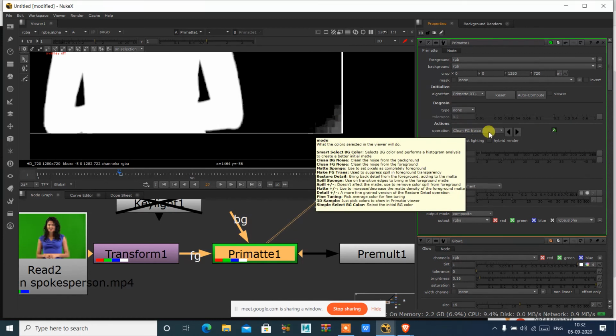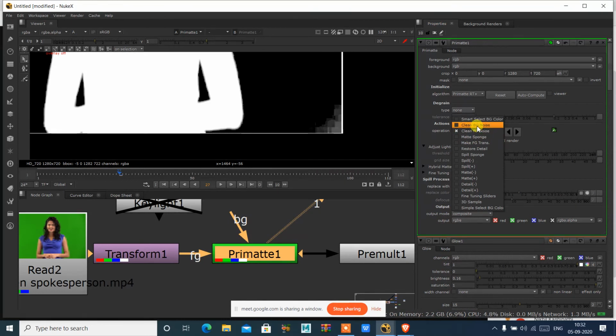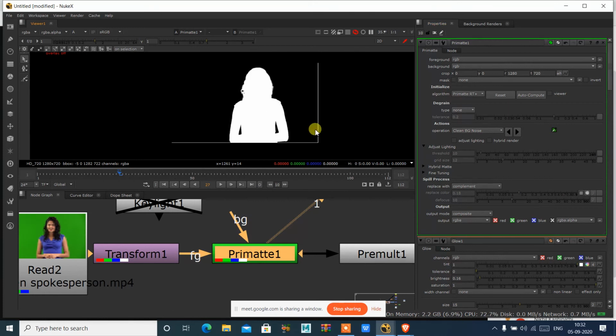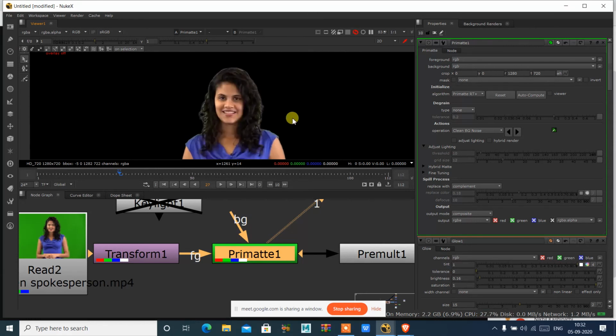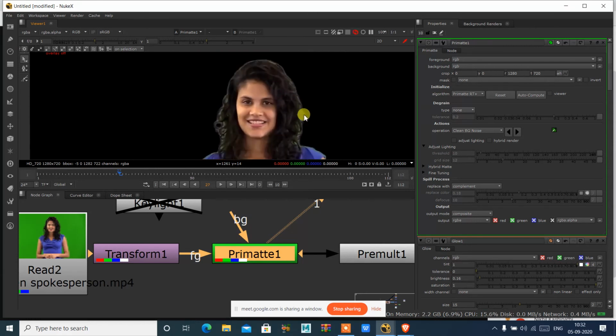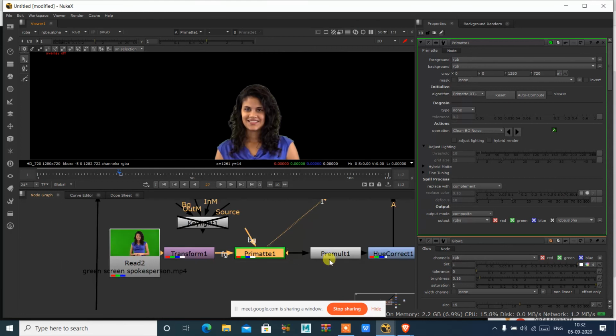Here you can see that we have clean foreground noise and clean background noise. If I click on clean background noise, keep clicking on that, and hold control on that, I can see we have cleaned the background noise also from this. So we have cleaned that.